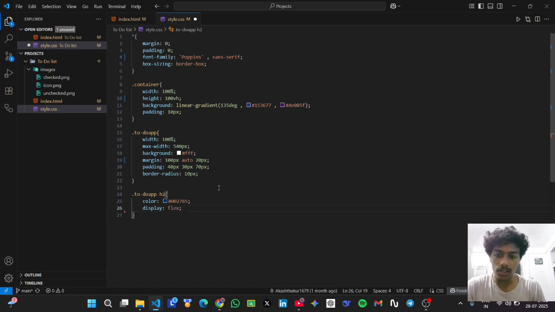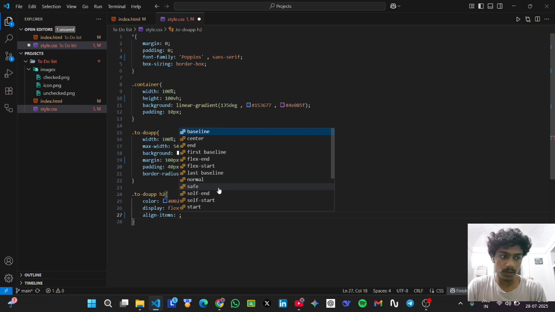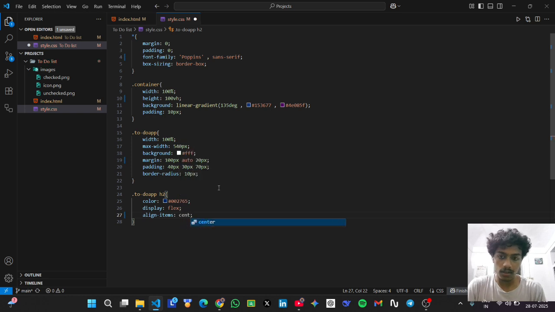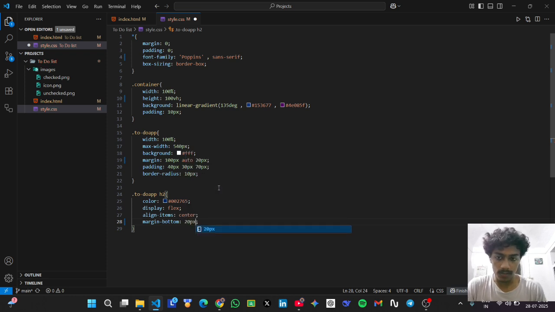We are using the flex display to align all the images, icons, and the tags. So we will align those items center, and we will give the margin bottom of 20 pixels,